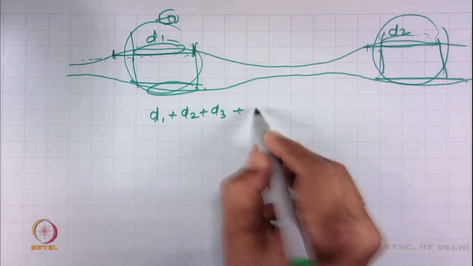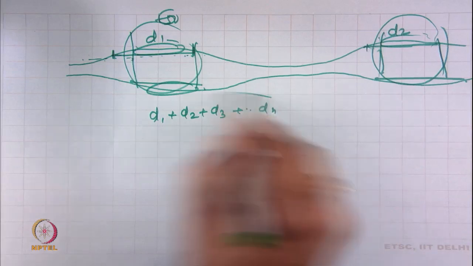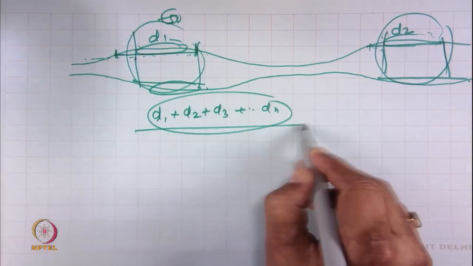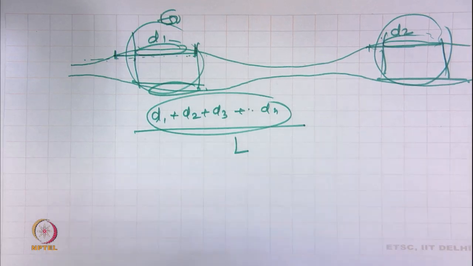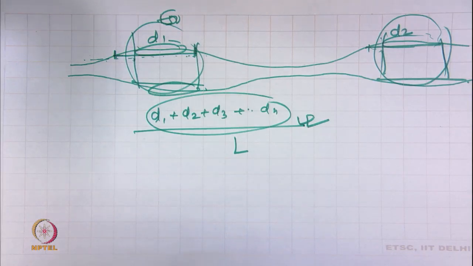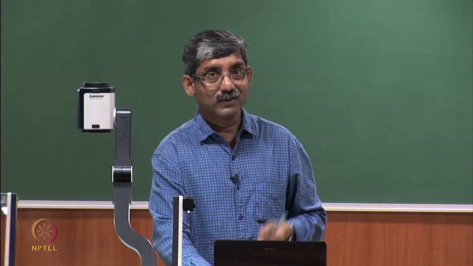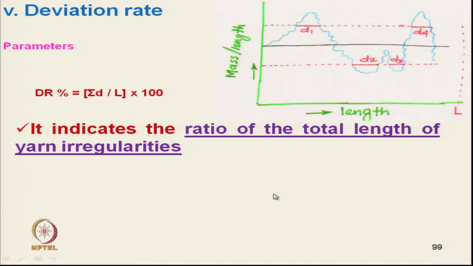This we have added, then it is divided by the total length of the yarn tested. So, this gives a unique idea of physically what the defect will be, how the defect will look like. Okay. So, this is one parameter